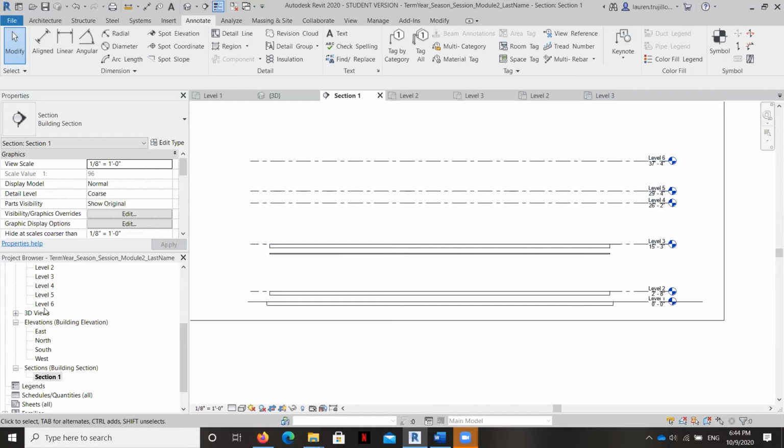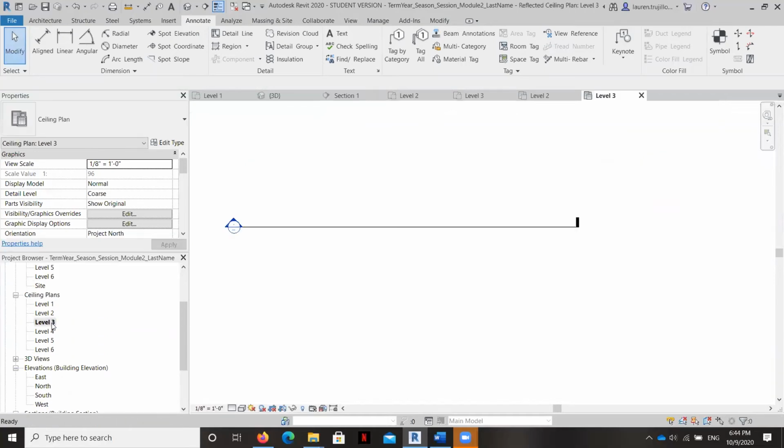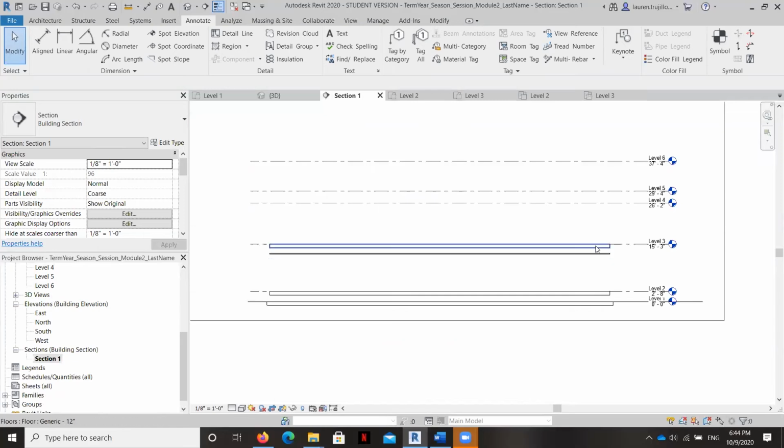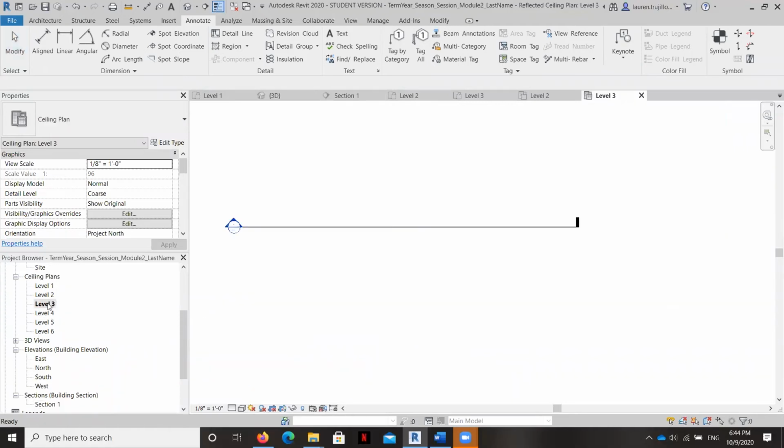So now I'm going to do the second floor ceiling, or the level 3 ceiling, and it's going to look different when I look at it in the project browser. So when I click on the level 3 ceiling plan, there's nothing. And that's because, if we go back to our section, if I lay on the level 3 slab and look up, there's nothing but sky. Now, eventually there's going to be a roof, but for right now, there's nothing. So let's go ahead and draw a ceiling there.